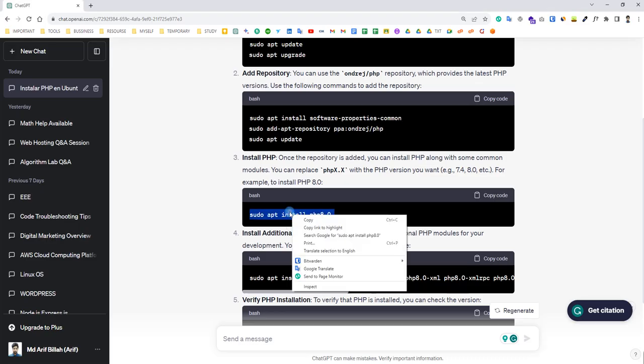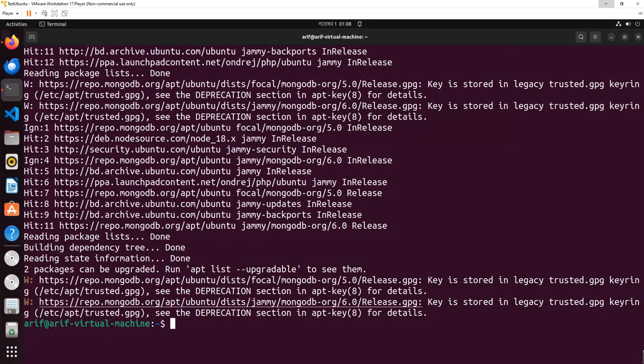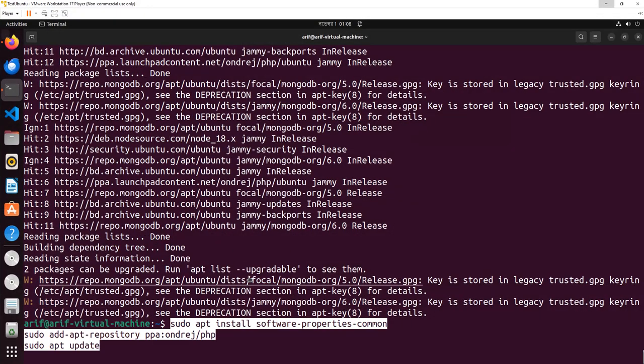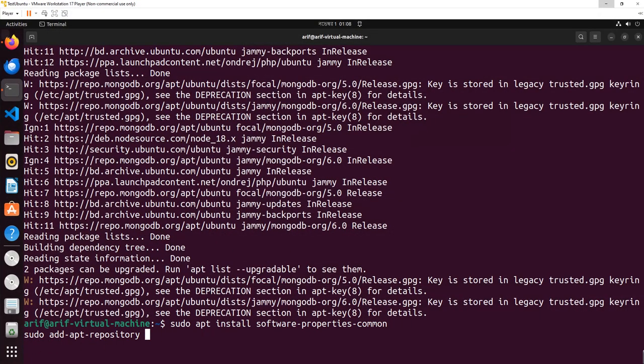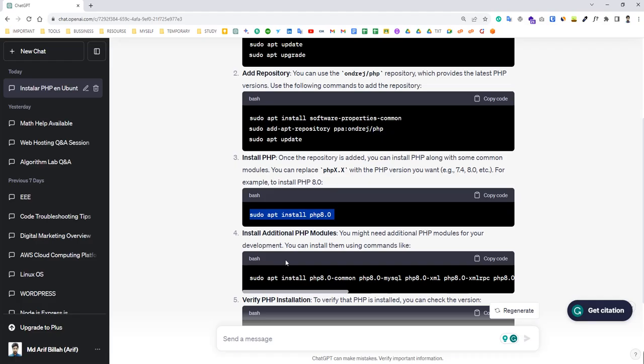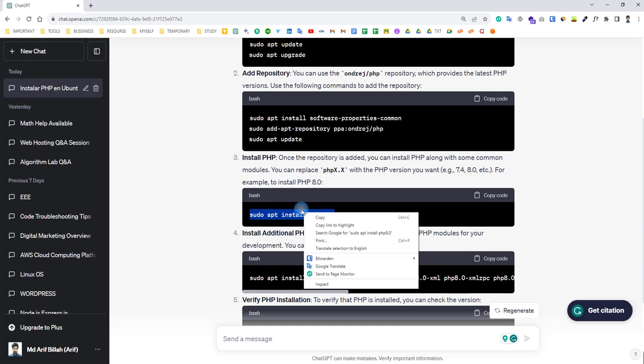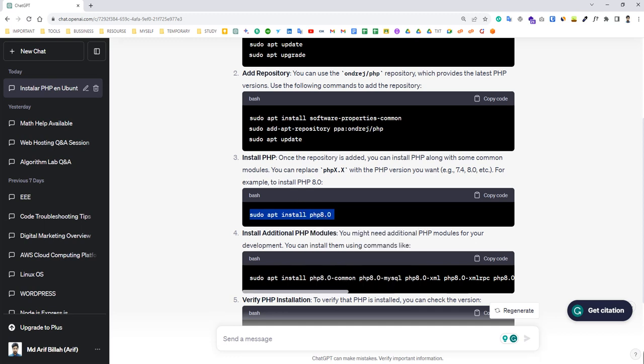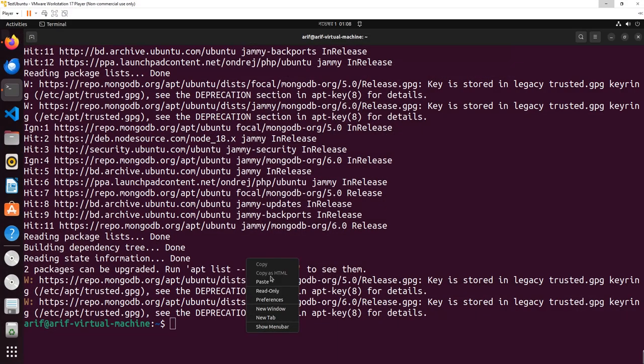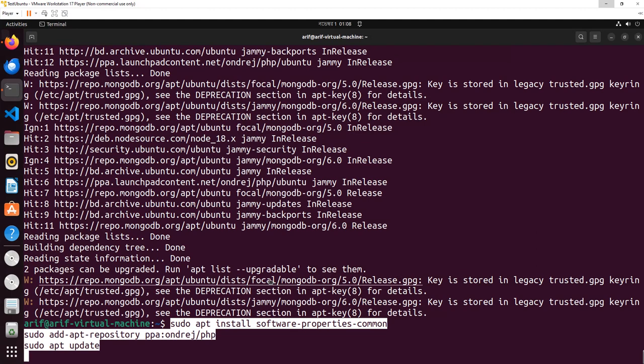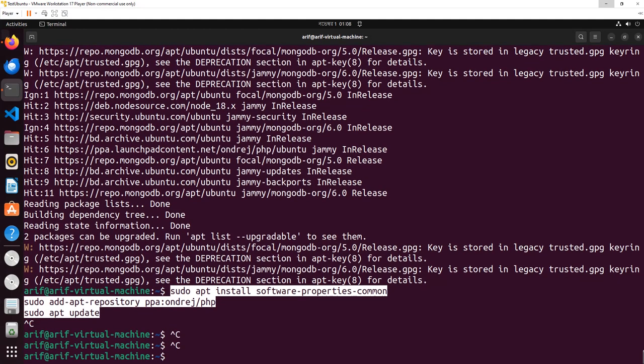Let's copy manually. Okay, no problem. You just write sudo apt install php